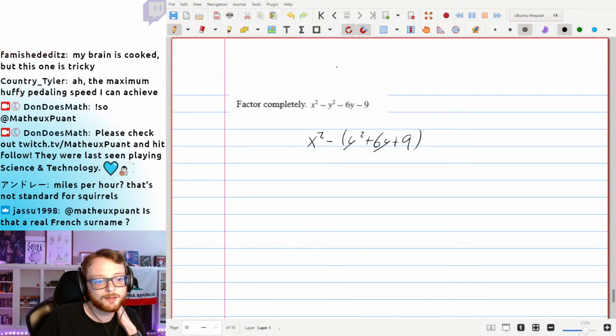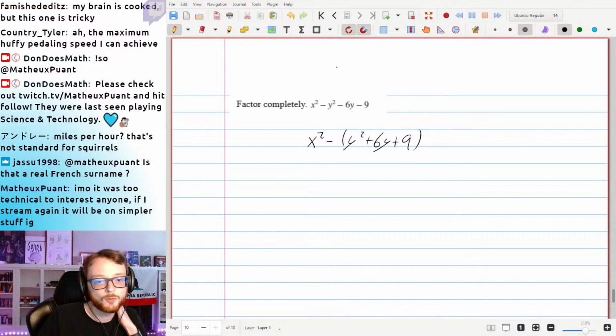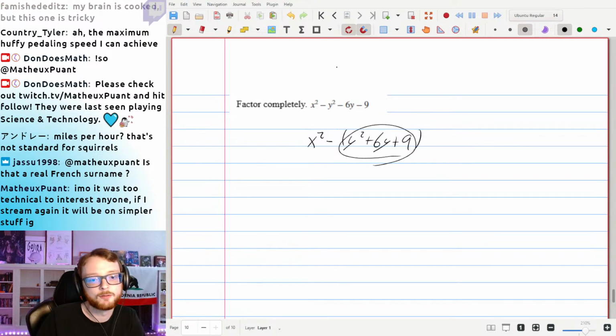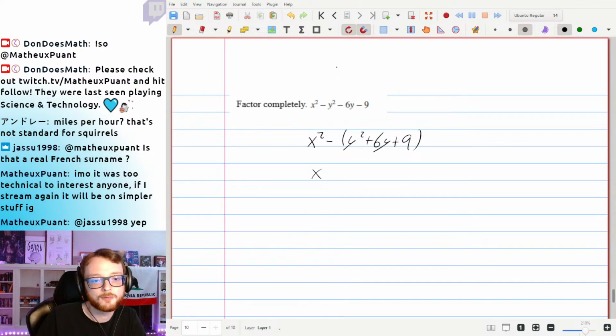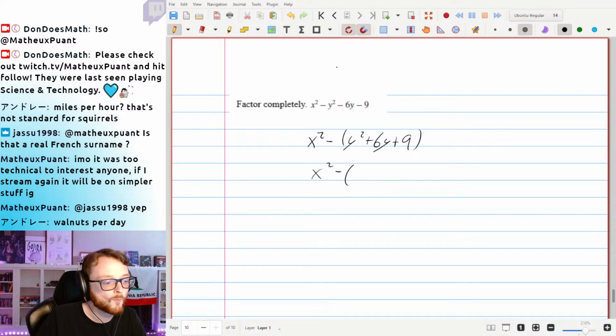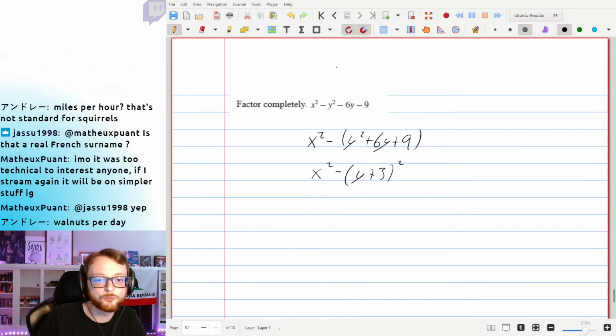And the thing you have to notice about this is that it factors into a perfect square. And